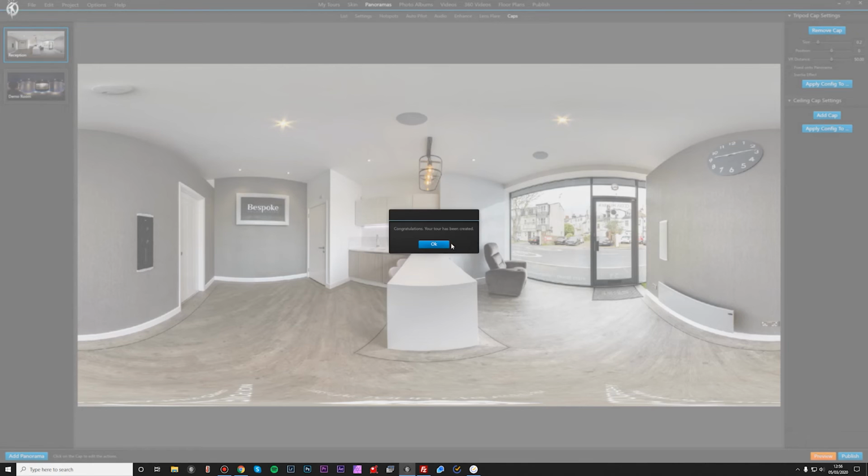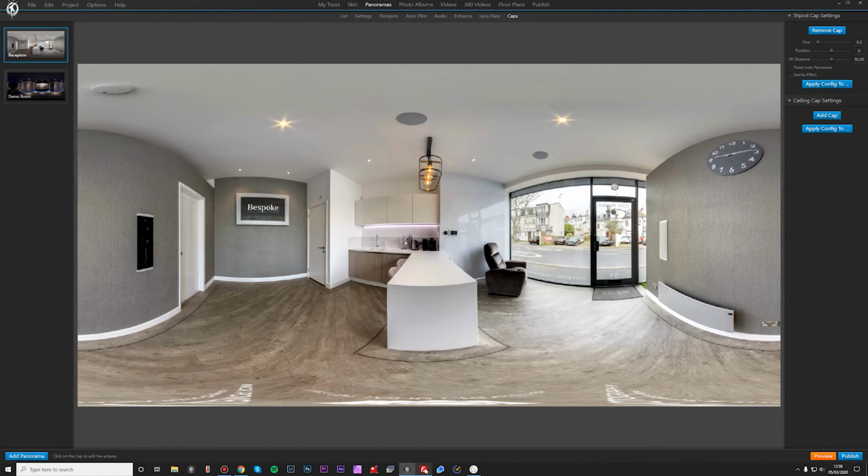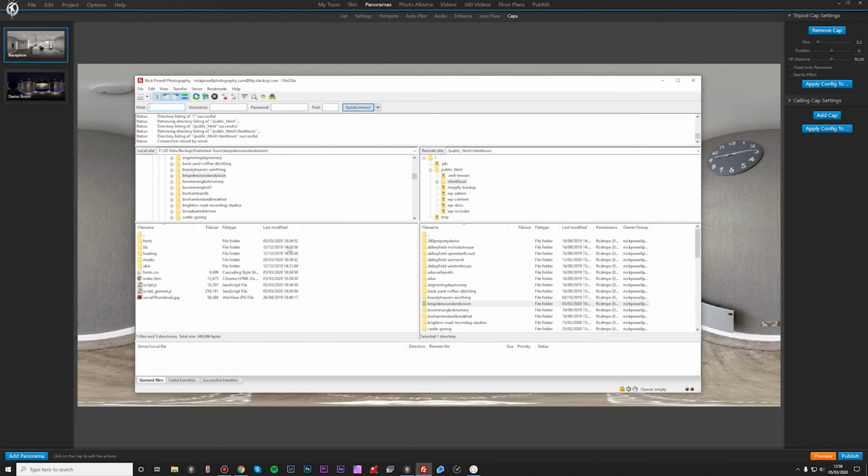So now what we'll do is come into FileZilla, and you'll notice here that if I click refresh, these times here, this is the time that I updated it earlier this morning, a couple of hours ago. So if we click refresh, there we go, those times here have changed. So what we want to do now